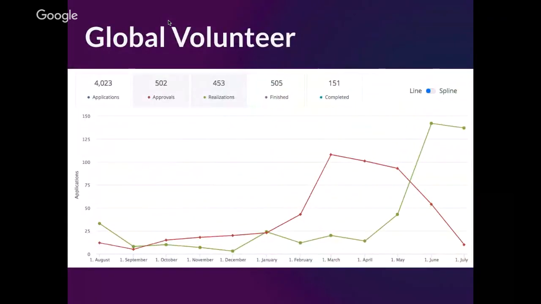This is the timeline you can see in front of you of 1718 of Global Volunteer. As you can see, our biggest peak and kind of only peak is the summer peak, and it's happening in March, April, May. And the realization peak is June, July. It's all based on the university timeline, and usually you see a pretty precise peak, which we don't have in AIESEC in France because of different university timelines and people going on exchange at different times. For the attraction phase itself, based on the exam timelines, it really depends. So March, April, May is kind of our peak that we can manage.